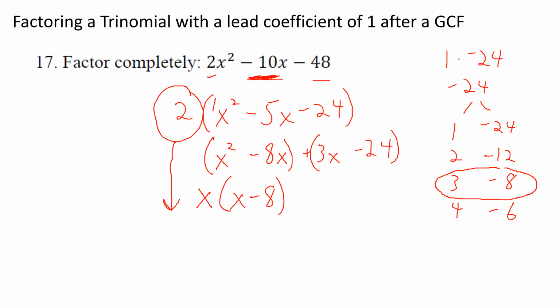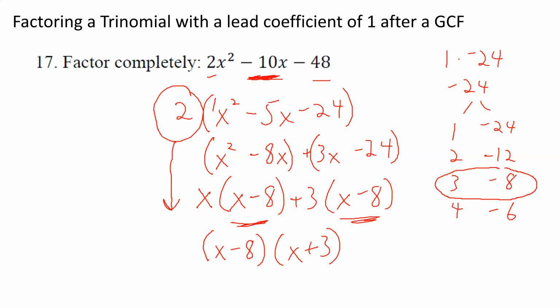In the second set, what comes out of both 3x and negative 24? Well, we can take a 3, leaving x minus 8. At this step, what's left in the parentheses should be the same. So those parentheses come out together in front as x minus 8, x plus 3. The 2 that we took out at the beginning, we have to make sure we include that in our final answer as well. So this is our